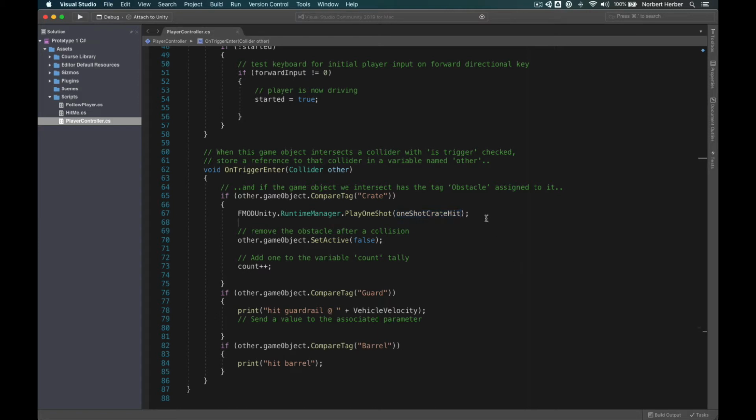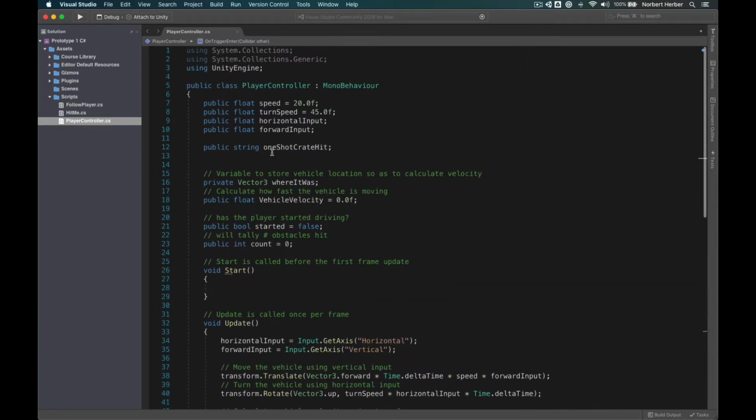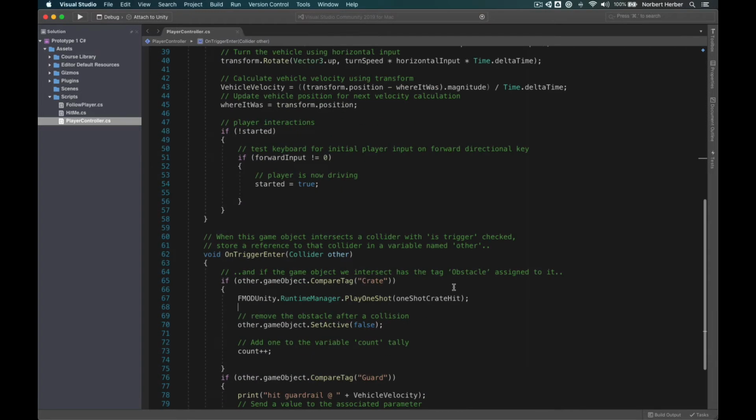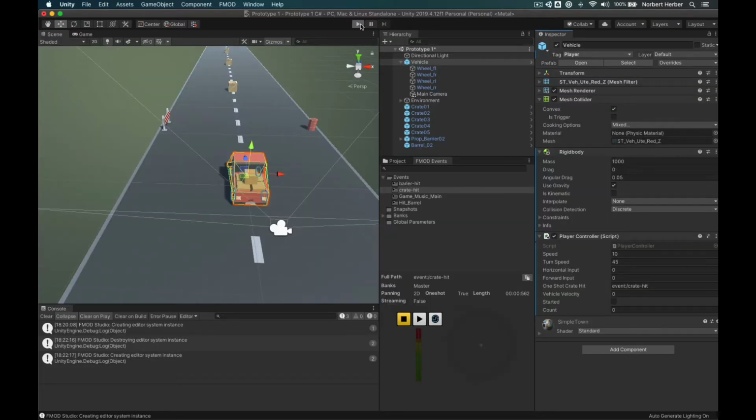And so now this script is just simply taking the string that's stored in this variable and applying it to the play one shot. We'll get the exact same result,